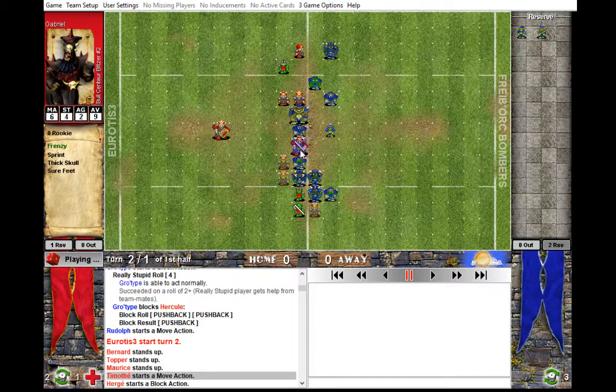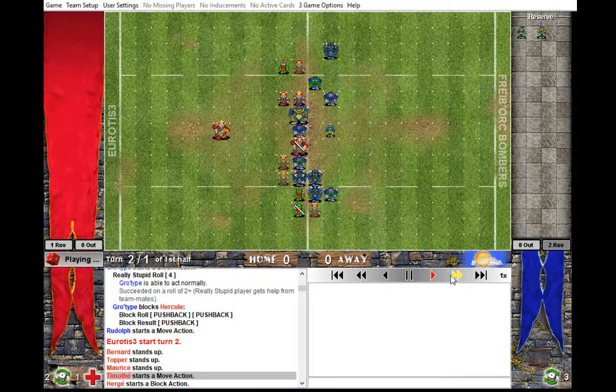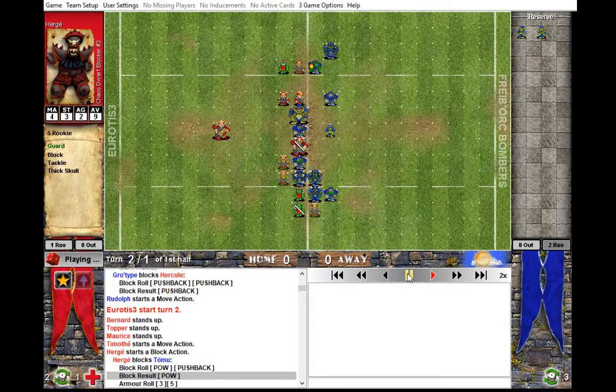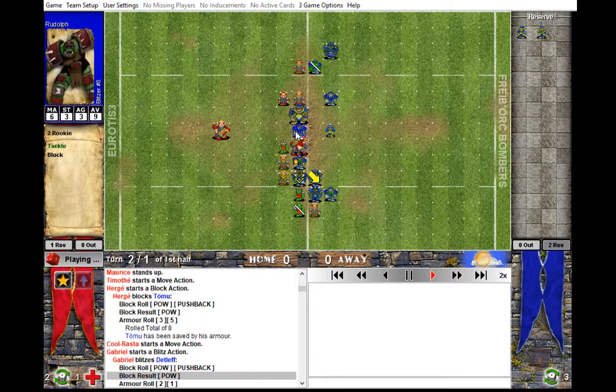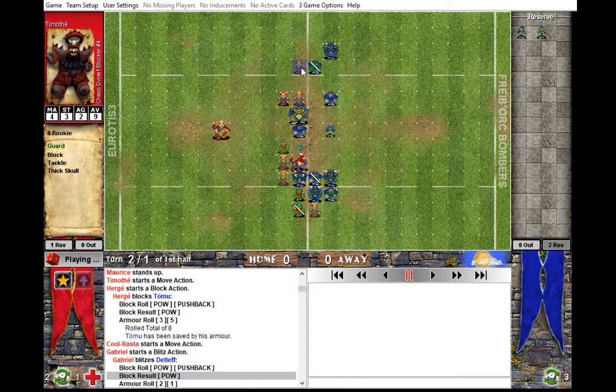So you then end up saying, well, I want to free my frenzy bull, which is fine, but then you need to give up a block on this guy in the next turn, which is obviously not so nice. So I mean, even here it would probably have been better if you moved